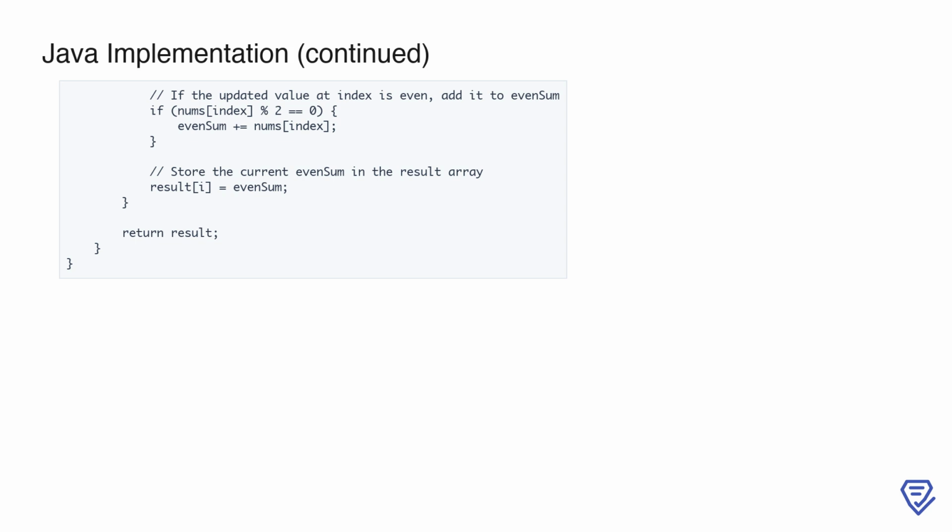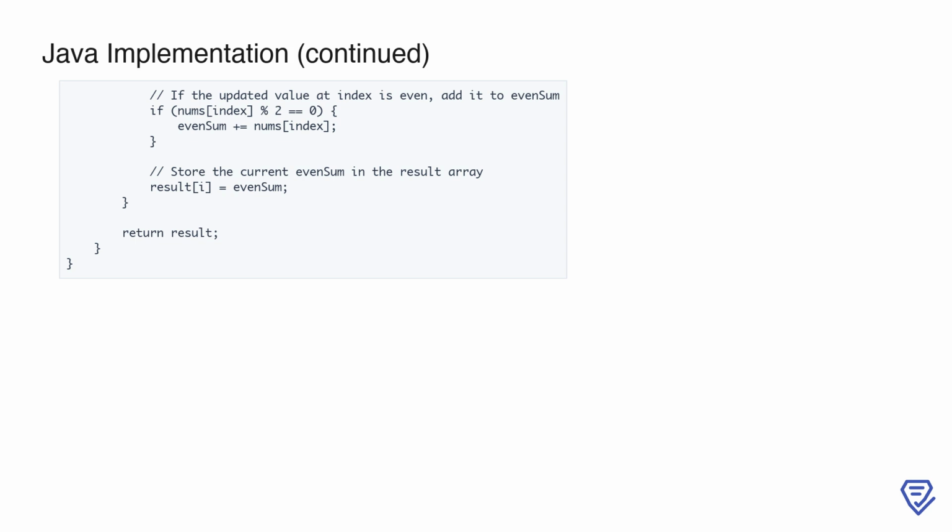Once the even sum for the current state of the array is calculated, we store it in the result array at the corresponding position, which matches the index of the current query. This process is repeated for all queries in the input. After processing all the queries, we return the result array, which contains the sum of even numbers in the array